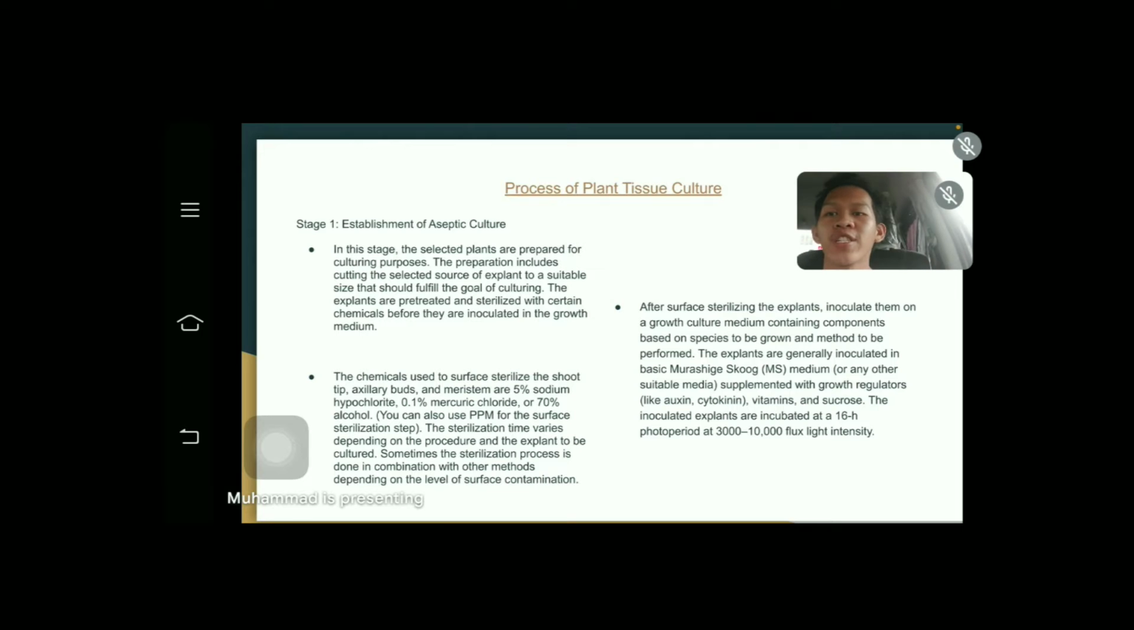The preparation includes cutting the selected source of explant to a suitable size that should fulfill the goal of culturing. The explants are pre-treated and sterilized with certain chemicals before they are inoculated in the growth medium. The chemicals used to surface sterilize the shoot tip,